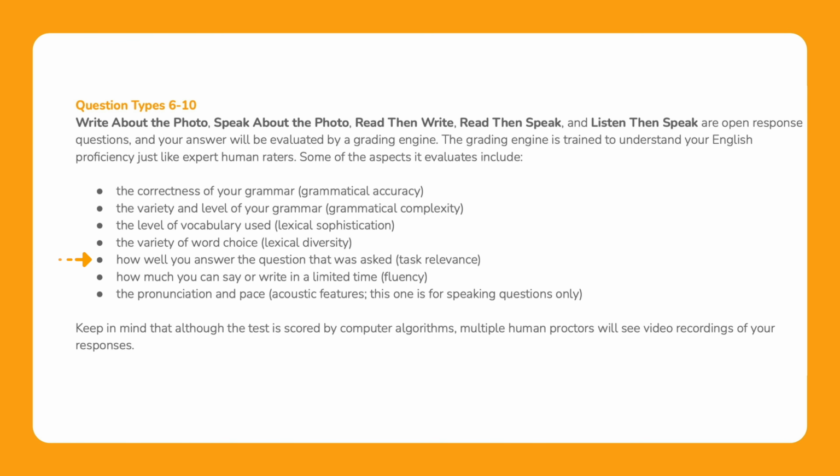Point 5 is about task relevance, so the quality of your answer. 6 is your fluency in writing and speaking. And number 7 is about your pronunciation. This, of course, is only for the speaking questions. So understanding the criteria here is really important, because now you know what you need to do to get a